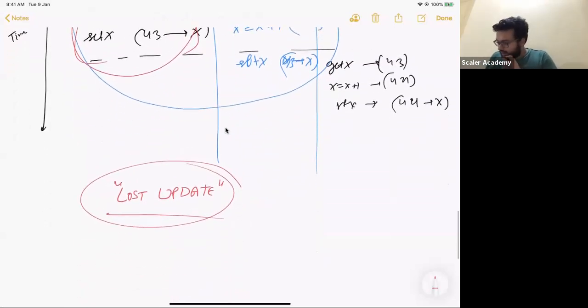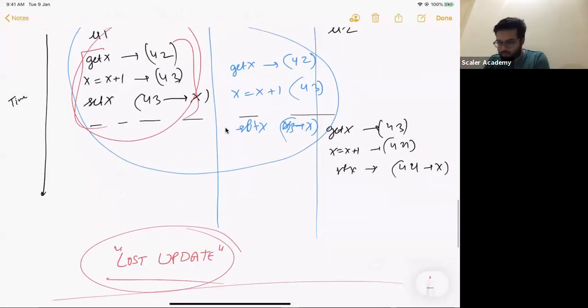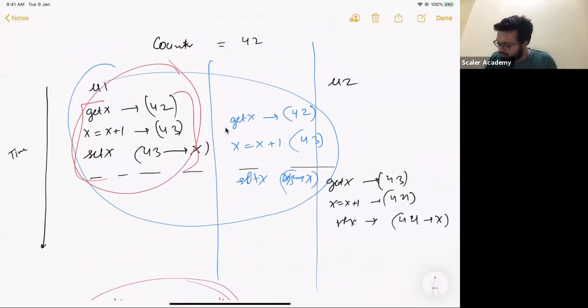Now, knowing what a SQL DB does, let's assume that we were performing these operations in a normal SQL DB. Would you tell me what kind of SQL query this will be mapped to? GetX? What kind of a SQL query would this be? This would be a select query. How many of you agree with me? This second operation is not a SQL operation as such. This is a mathematical operation that you are performing at the app level. Now, this third operation that you're doing, can you tell me what operation this is? This is update.